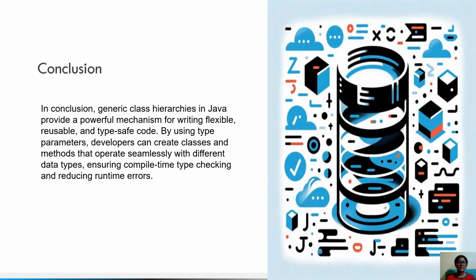So I would conclude that generic class hierarchies in Java provide a powerful mechanism for writing flexible, reusable, and type-safe code. By using type parameters, developers can create classes and methods that operate seamlessly with different data types, ensuring compile-time type checking and reducing